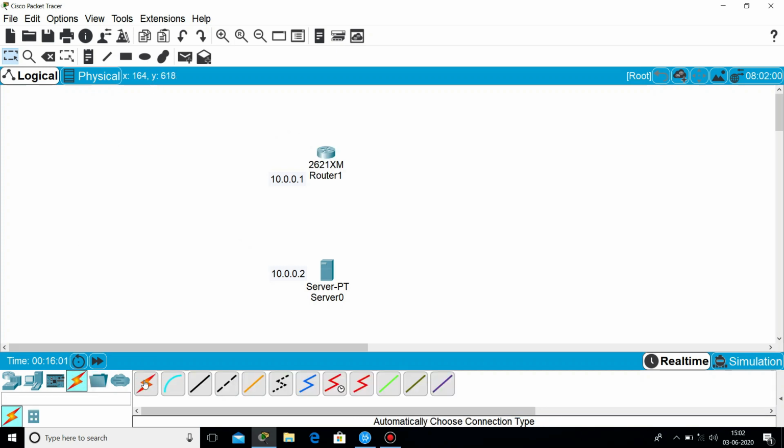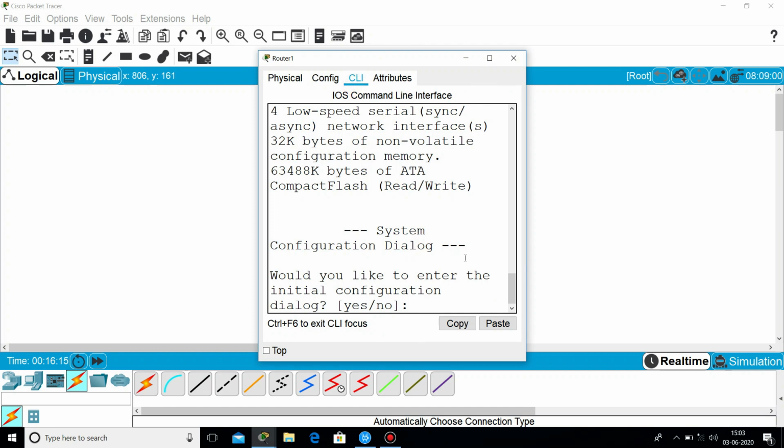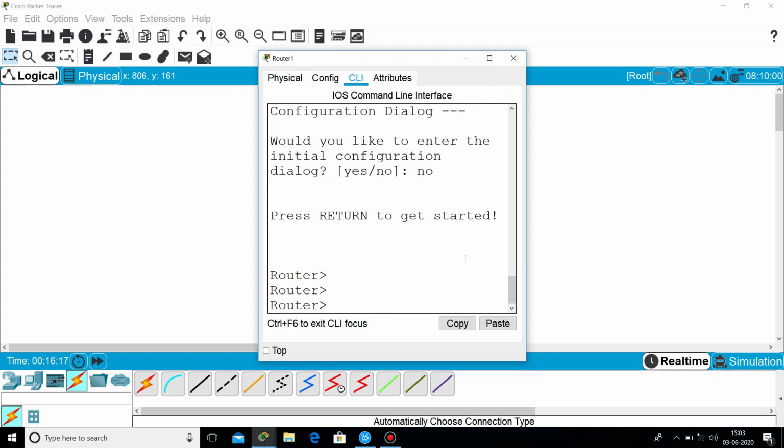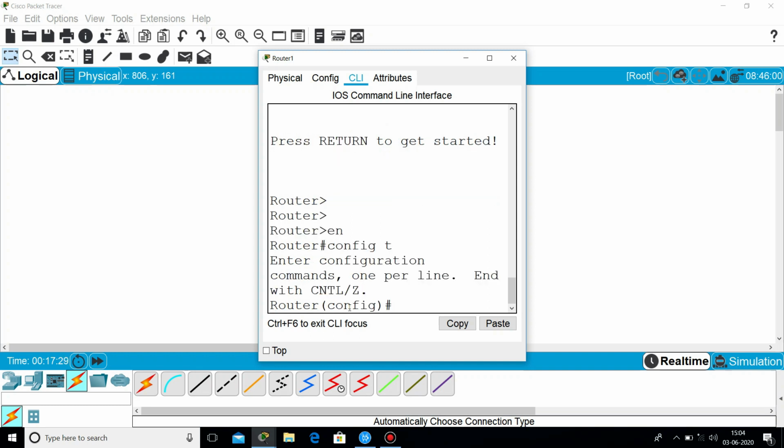First I need to make physical connectivity with the server. Then I need to assign an IP address on the newly added router. So I will go to CLI. Then I will write the command config t for going into global configuration mode.